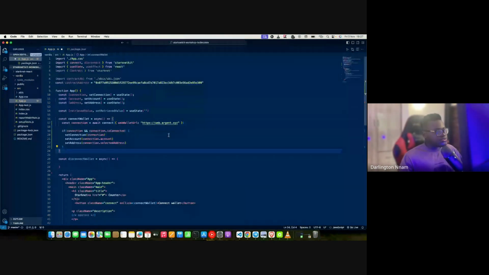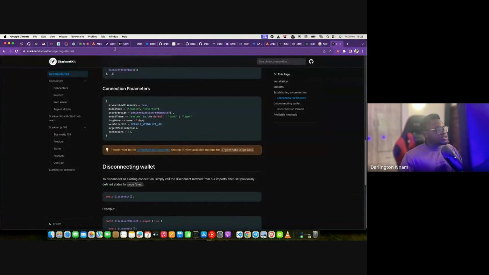We actually even recently wrote a SNIP, which I'll recommend you check out later. Basically, the network switcher enables your DApp to automatically request the user to switch his network. So let's say your DApp is on mainnet and the user is currently connected to testnet on his wallet, his Agent wallet, his Braavos wallet, or whatever wallet he's using, right? You can automatically request that the user switches his network. And we, like I said, we wrote a SNIP and we also wrote it up, although that's a little bit out of